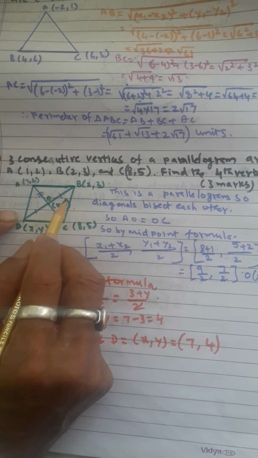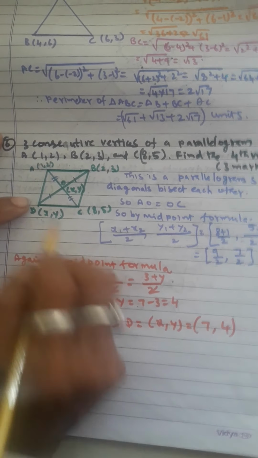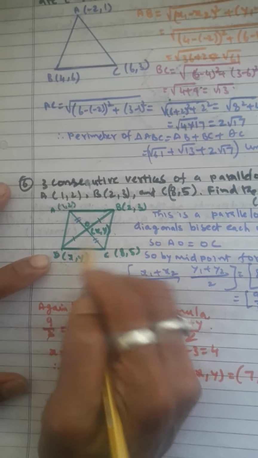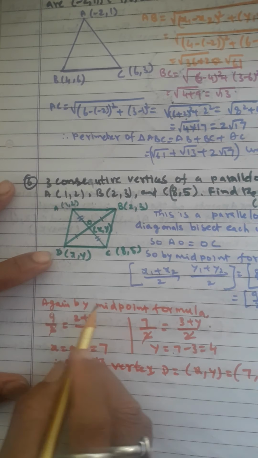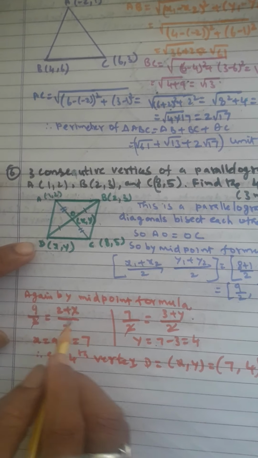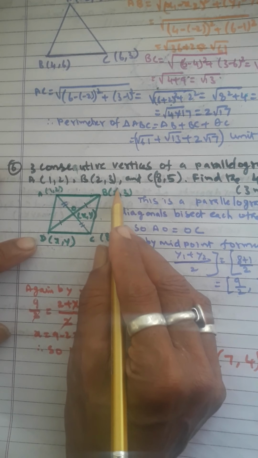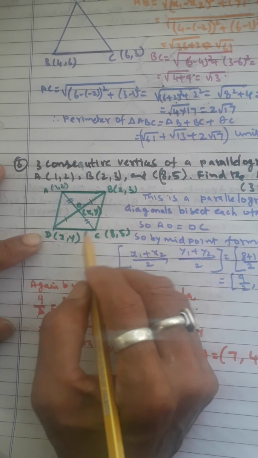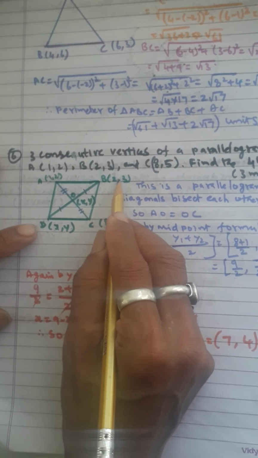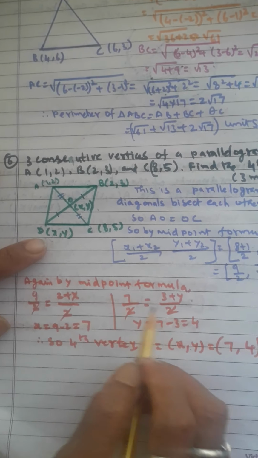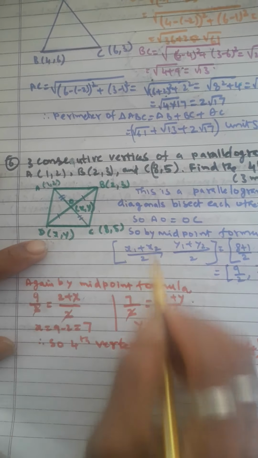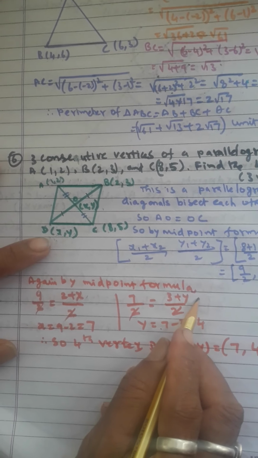But don't stop there, because you have to find the coordinate for this also. So how to find it? Consider these two, and again apply the midpoint formula. Here 2 is there, so I am considering this as x1, this as x2, this as y1, and this as y2. So add this and this, 2 plus x divided by 2, and y1 y2 is nothing but 3 plus y, so 3 plus y divided by 2 you write there, for the other point.